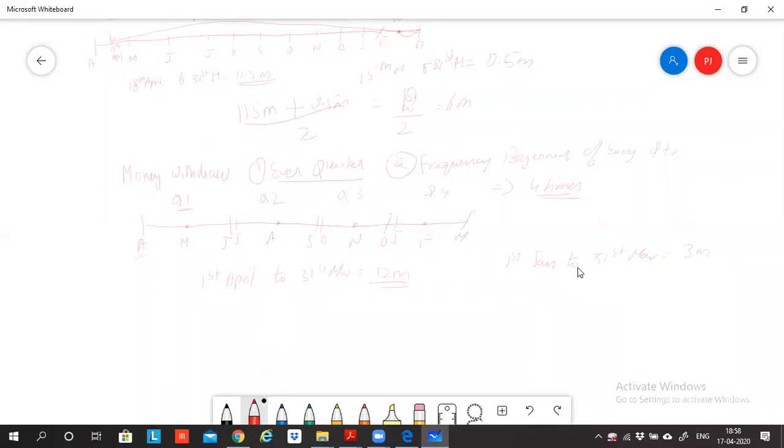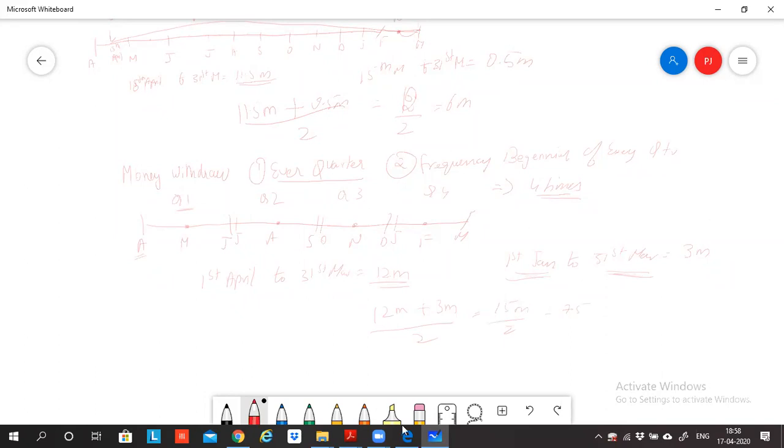Sir, from 1st Jan you withdraw the money to the end of financial year. The formula says that from the 1st January to end of the financial year, how many months have you enjoyed this money? 3 months. Yes, sir. So the formula is 12 months plus 3 months divided by 2. What is 12 plus 3? 15. Divided by 2.